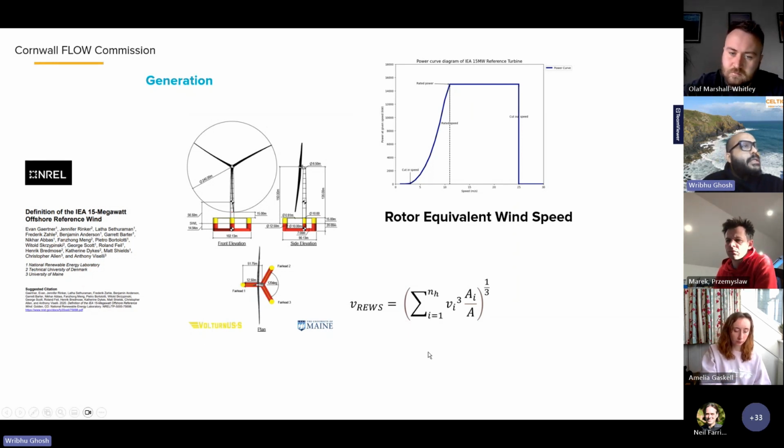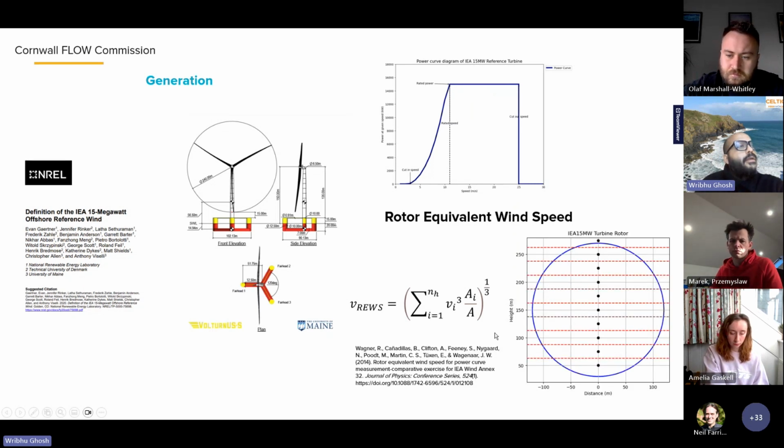This is how it is measured. This is the formula there, and there is documentation describing this method. Basically, what we do is, this is the rotor, the blue one, and these black dots are the wind measurement heights. So we see the LiDAR is measuring wind speed from 50 to 275,